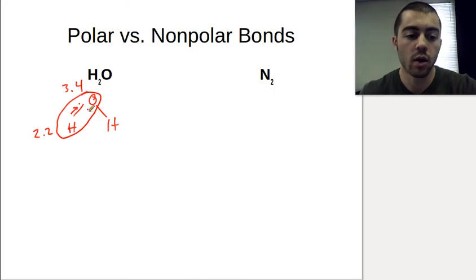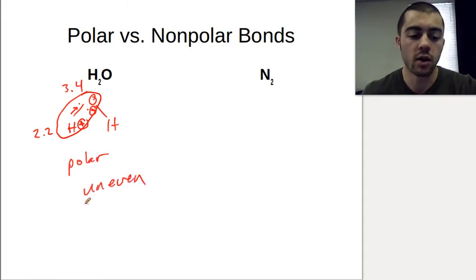That's going to make one end of this bond negative up here by the oxygen, and another end of this bond positive down here by the hydrogen. Because we took the electrons away from here, we removed negative charge. That's going to make a positive end, and then a negative end where we put that extra negative charge. So this is going to be polar because we have an uneven sharing